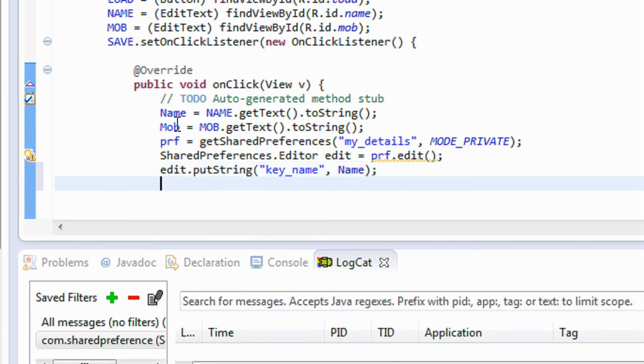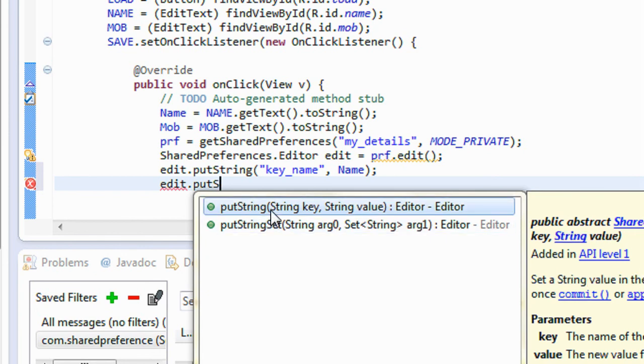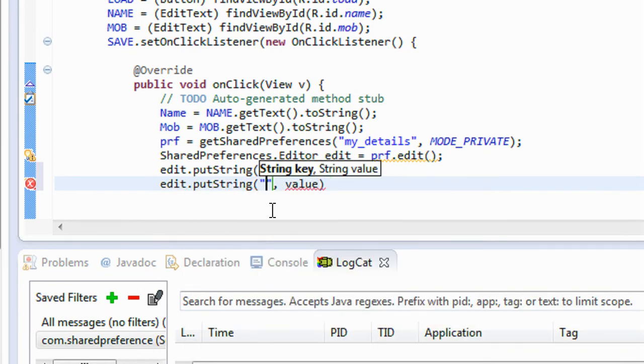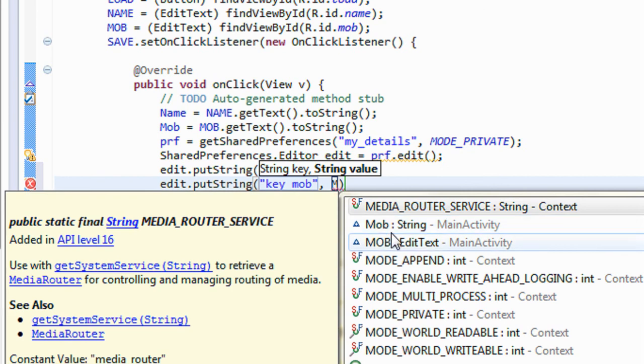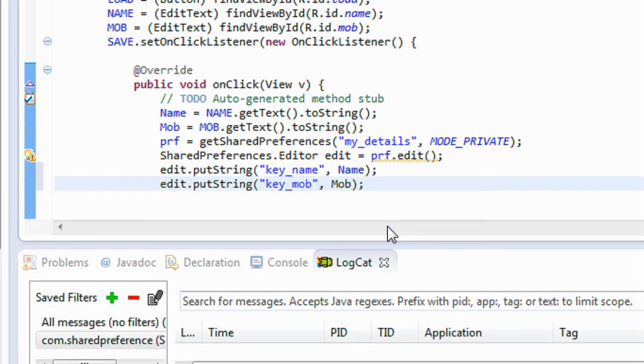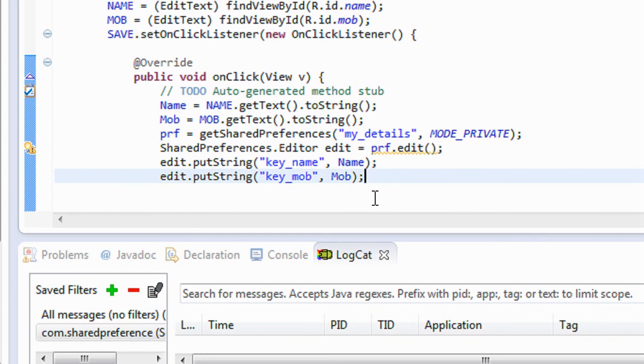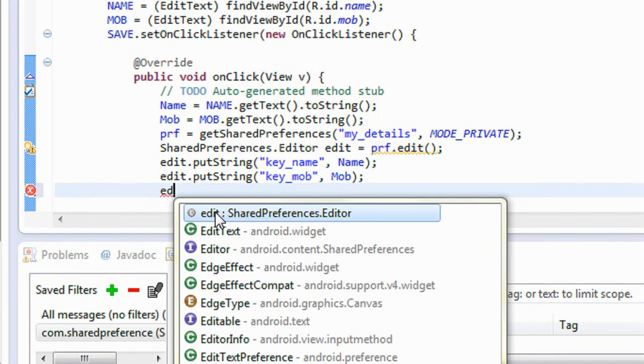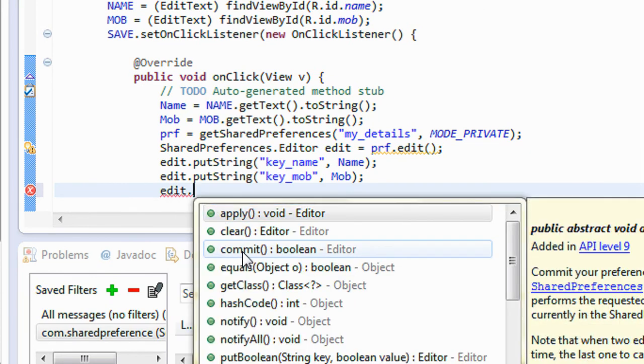Also I want to insert the value of mobile, so edit dot put string. Here I give the key name as key mobile, and the value here is mobile. Okay, now I have to save this into the shared preference object, so I have to commit it. So edit dot commit.